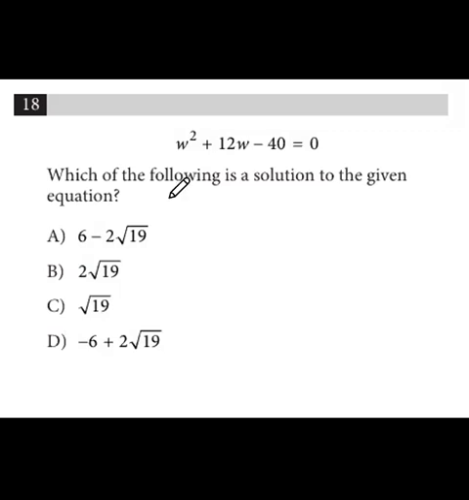Okay, so for question 18, which of the following is a solution to the given equation? We have w squared plus 12w minus 40 equals 0. So I'm going to solve this by completing the square. So we're going to do w squared plus 12w. We add 40 to both sides, equals 40. Then we